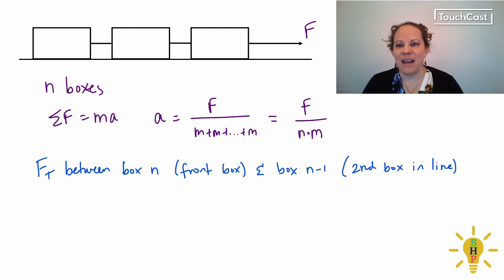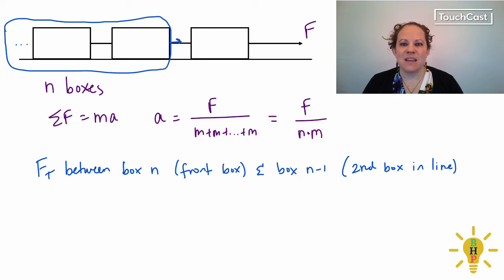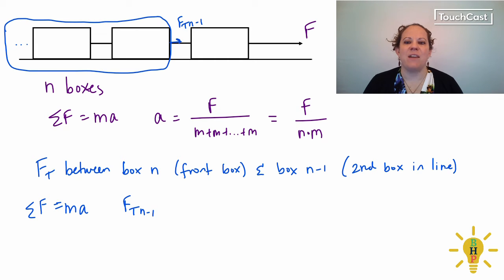Let's pretend that we have a whole lot more boxes back here, and let's just worry about this. So we'll call this FTN-1. We'll still apply Newton's second law for our system. What is our system here? Well, we're going to have that tension on box N-1 is going to be equal to